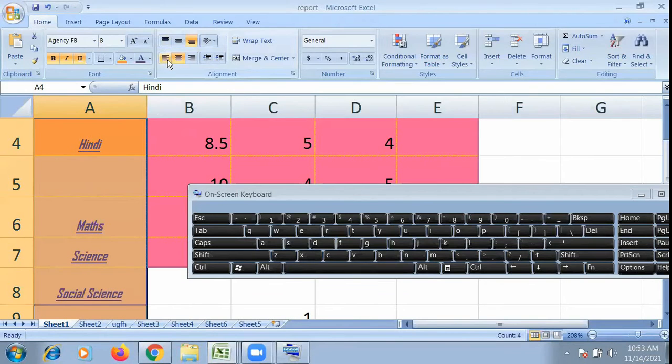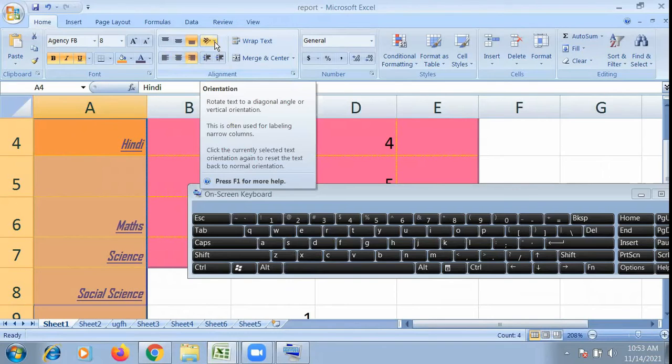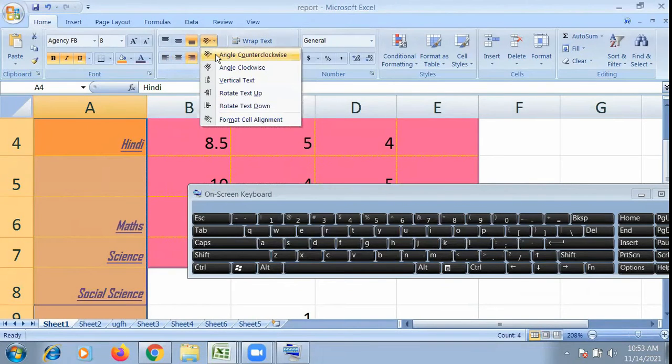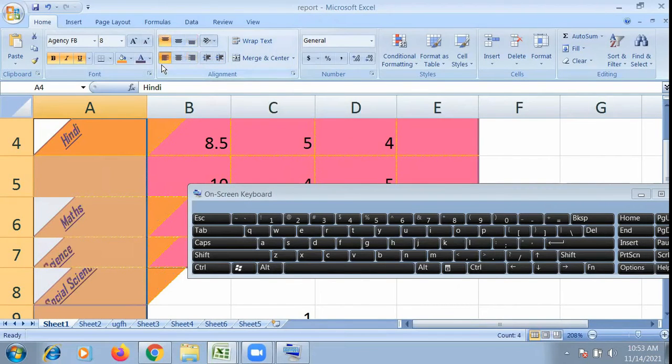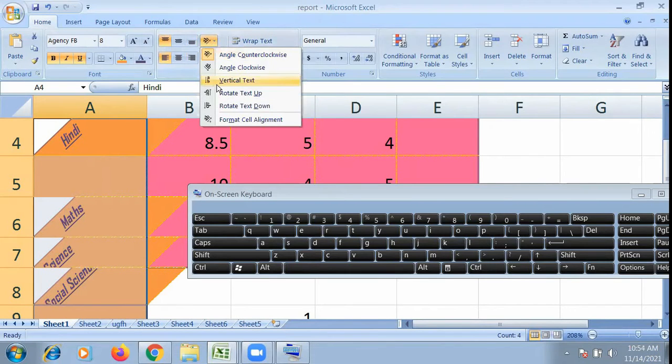Now similarly we can give horizontal alignment, that is left alignment, center alignment, and right alignment. And we can give different alignment orientations. This orientation helps to write in a different format.